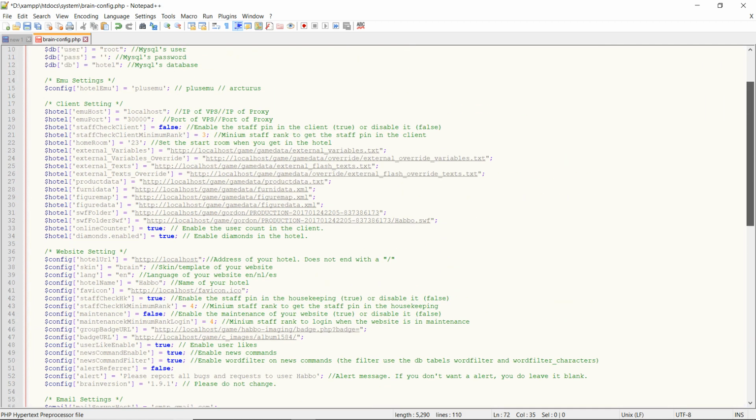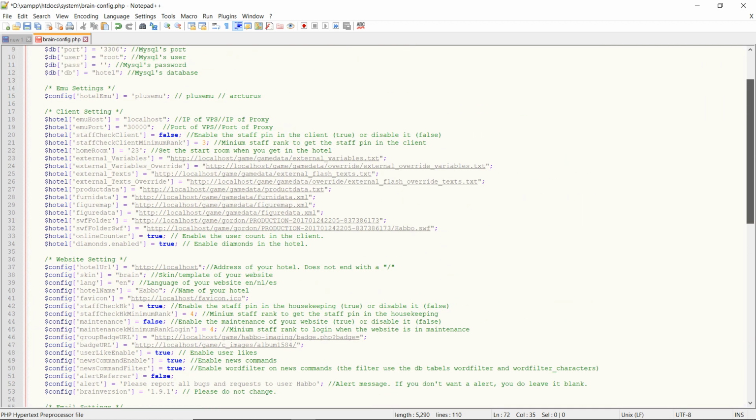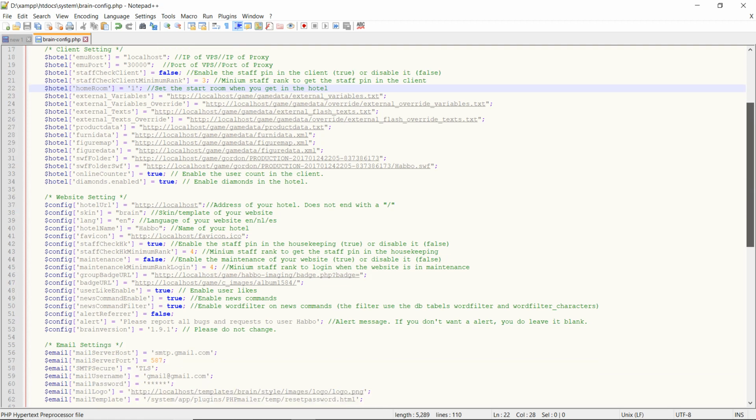Yeah, it's pretty much self-explanatory. If you want to change stuff on here, you're doing it in this file. Make sure you could have homeroom set to 1. So the first room you create will be your homeroom. Right, and other than that, everything's set. If you want to alter stuff, you come down here,